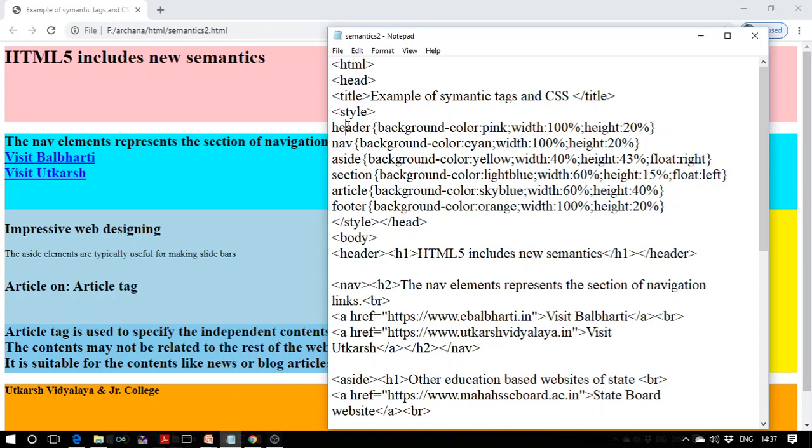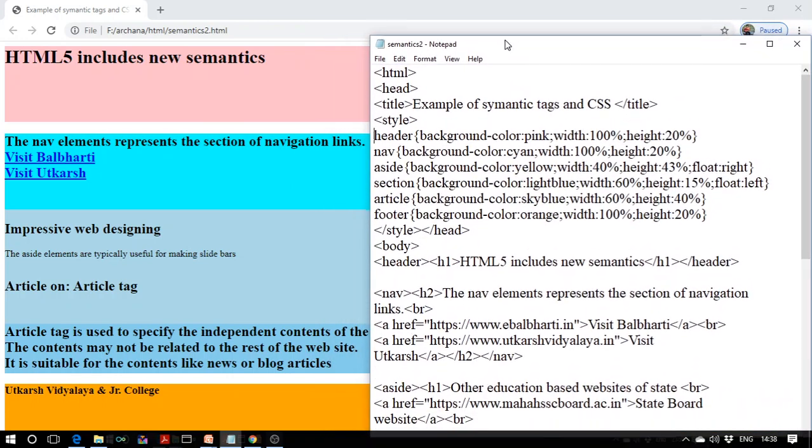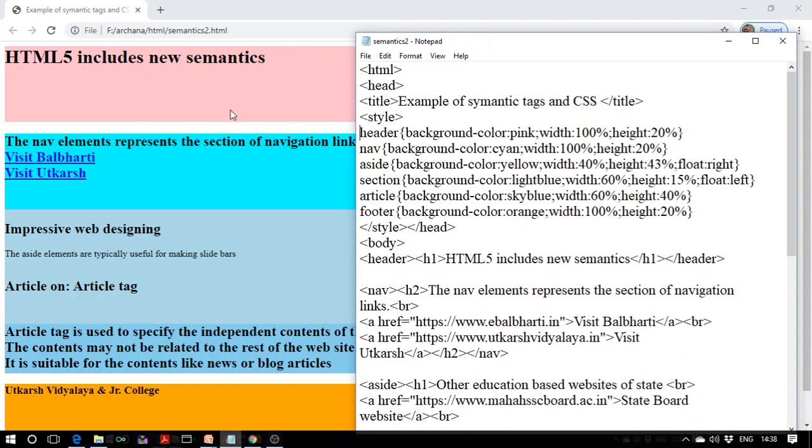Within the style tag, I have written the various selectors. So let us view it one by one. So try to visualize this with your output. Now, the first selector is the header selector. Header selector is there for the header tag. Okay, this is our header tag or the header element.